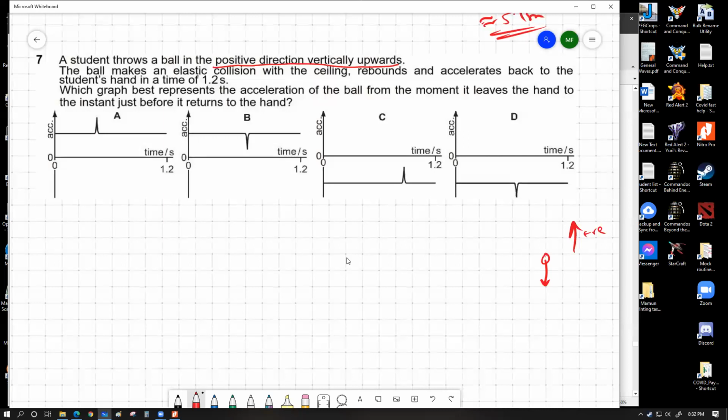As long as it is going upwards, acceleration is minus 9.81. As long as it is falling downwards, acceleration is also minus 9.81. There is absolutely no variation for that, because we are essentially considering air resistance negligible. So if you can appreciate that part,